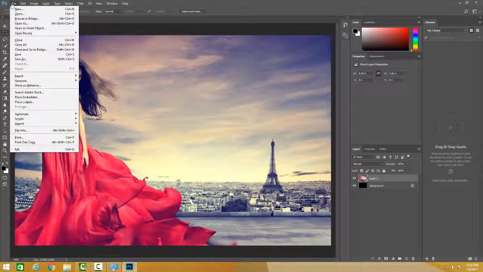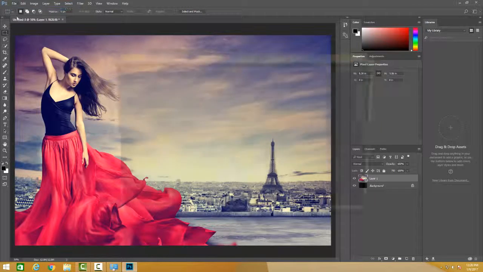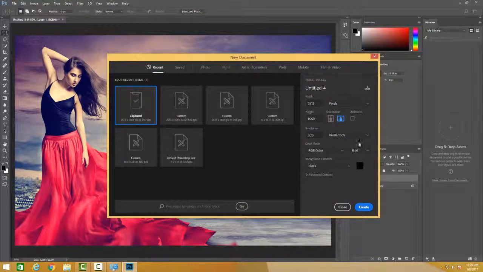So you can go on File, go a Control N, or you could just do a Control N and we are here. So it's here where we talk about the bit depth. So this area here talks about the bit depth. Basically, if you're looking for nice quality pictures, you want more bright pictures, so you're looking for printings, you can go for a higher bit depth, because the bit depth specify how much color information is available for each pixel